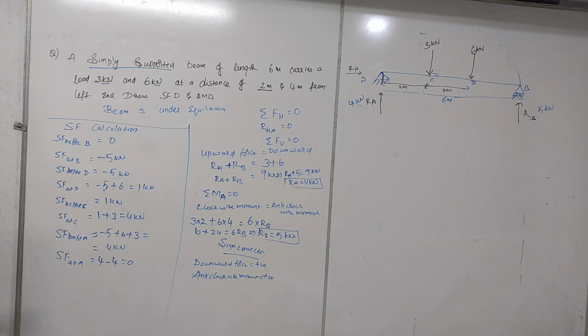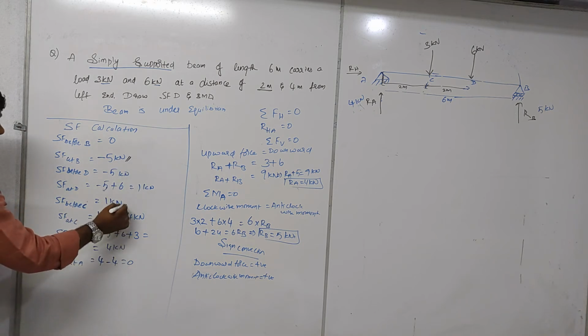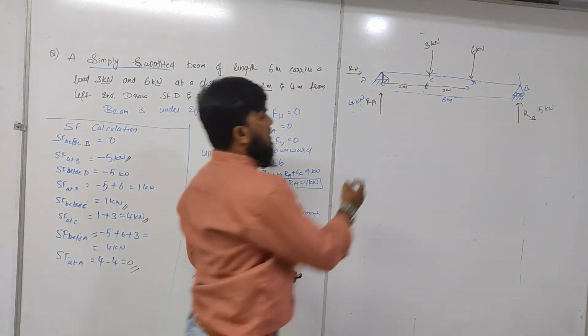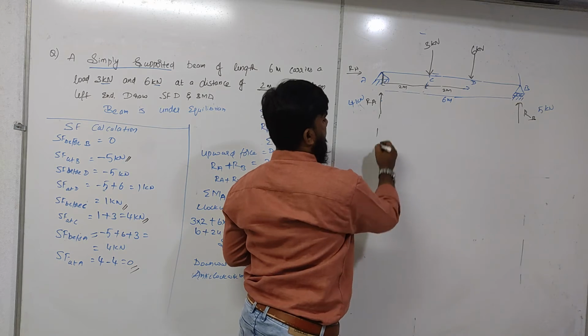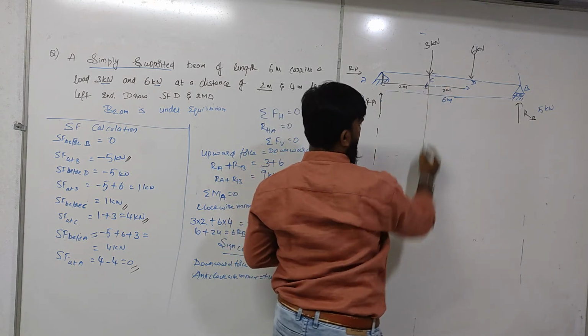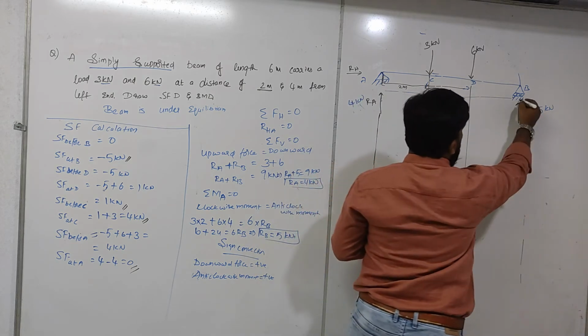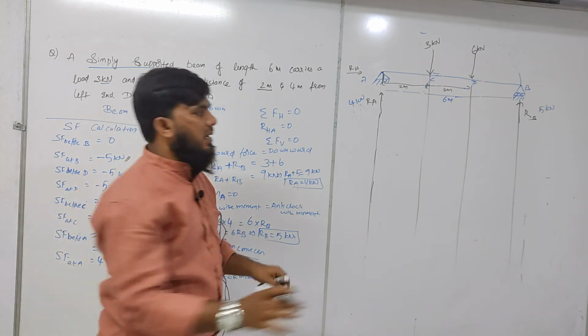So I will highlight the points that should be considered. This is our point. This should be considered. Next, this should be considered. Why? Because only at points are we able to draw the line. So I am trying to extend the line at points. So these are the points where I have to draw my shear force line. One page should be kept for the diagram as it is.